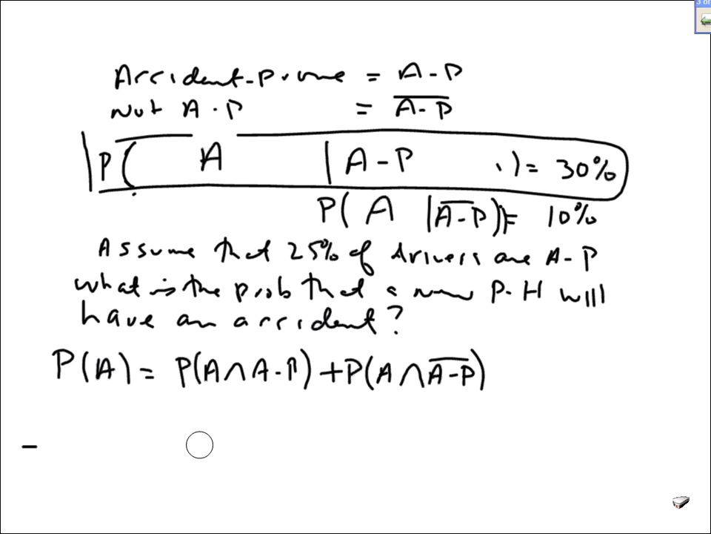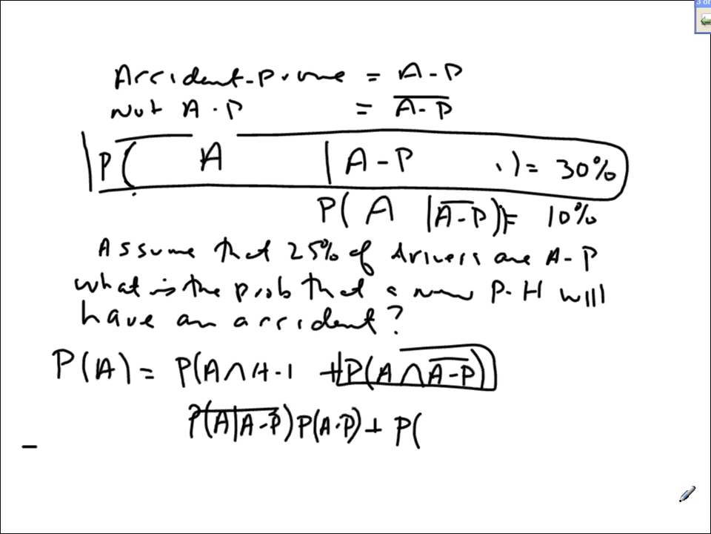Now, this probability is the same as the probability of A given AP times the probability of AP, plus this probability, which I can write as conditional: the probability of A given that you're not accident-prone times the probability that you're not accident-prone. But these probabilities at the bottom, I know all of them. The probability that you have an accident, given that you're accident-prone,